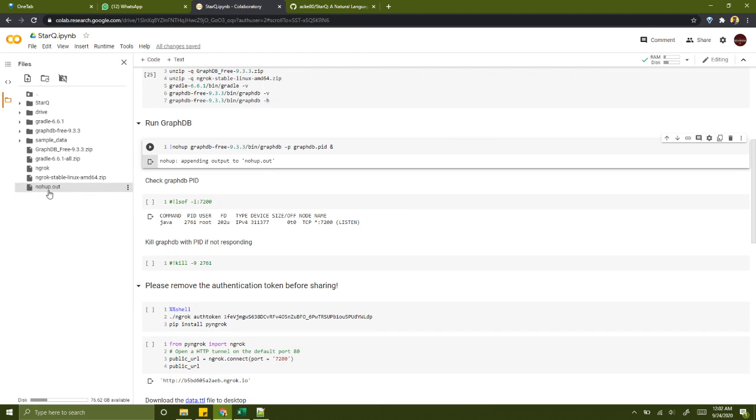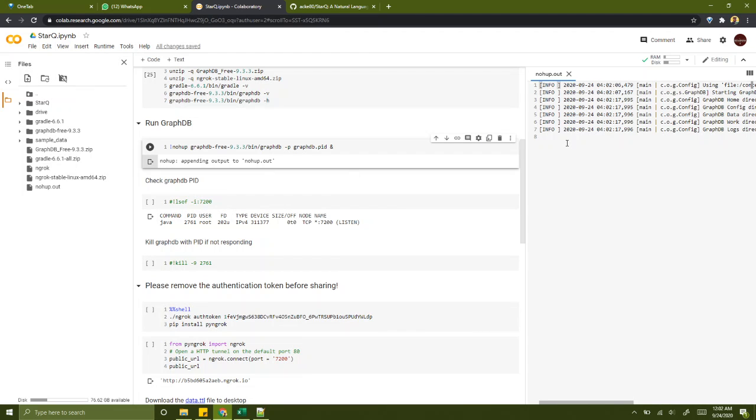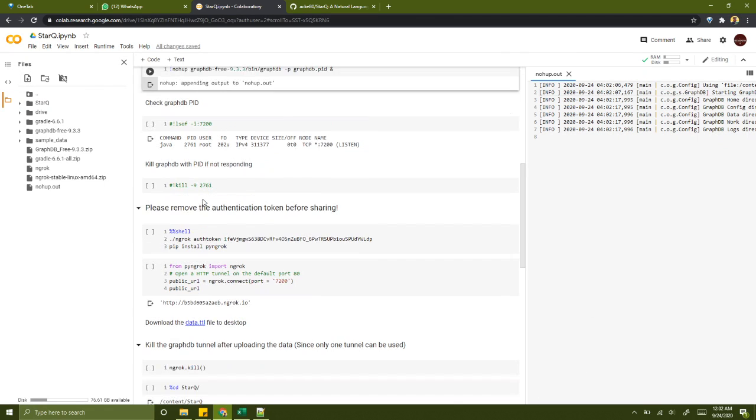If you refresh that, you'll be able to see the output here for GraphDB. So we have started GraphDB in the workbench mode. Let's go ahead and see if it works.